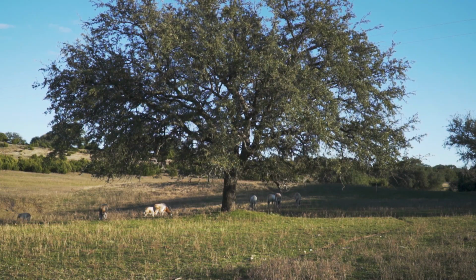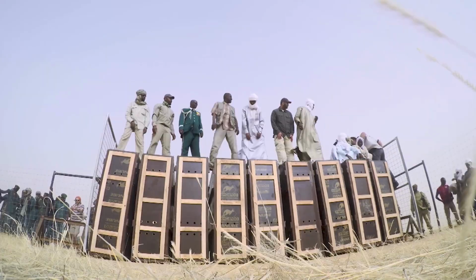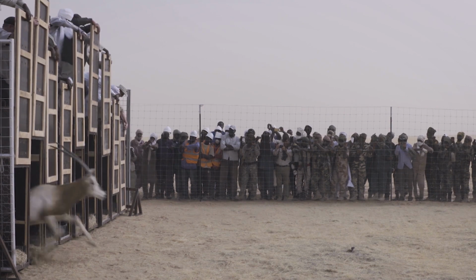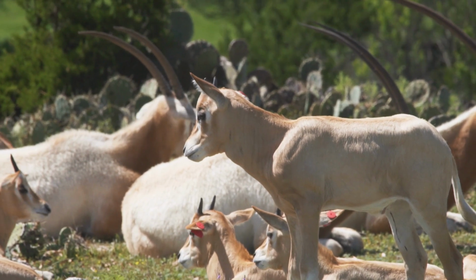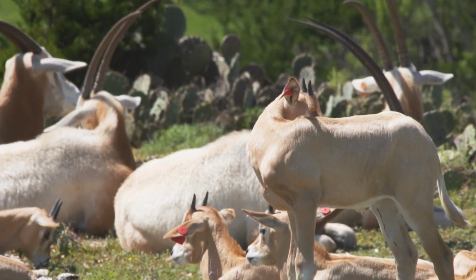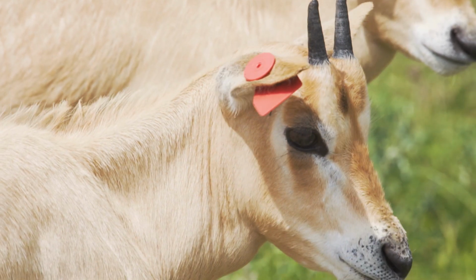There are now about 145 adults that have been released into the wild, and there have been over 90 calves born in the wild naturally. So it's working. The ultimate goal is to release, I want to say, a total of 500 over the next multiple years